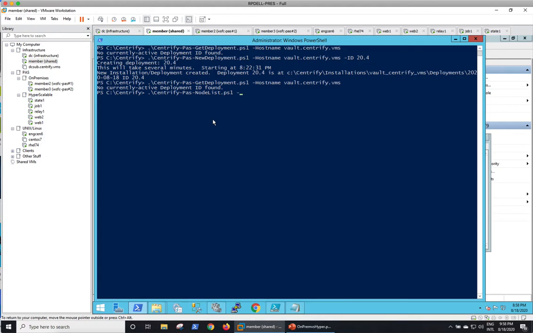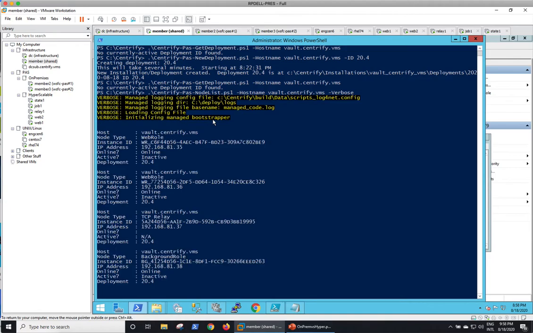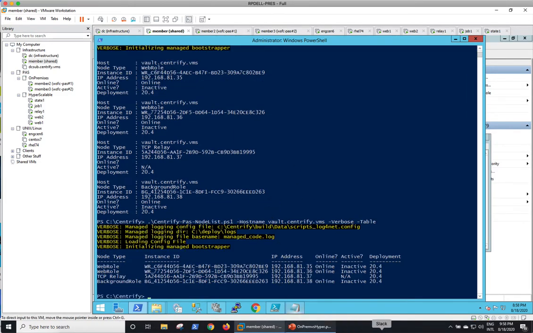So we're going to do a node list, and this is going to be for the host name, this one, and we're going to do verbose. And let's do perhaps a table view. This will show me all the nodes that I have in here. I did not specify any ID names for the nodes, but notice that I have 2 web roles, a TCP relay and a background. It'll identify them with, for example, web role, background role. TCP relays don't have it, but it has basically the GUID, IP addresses if it's online, and in this case